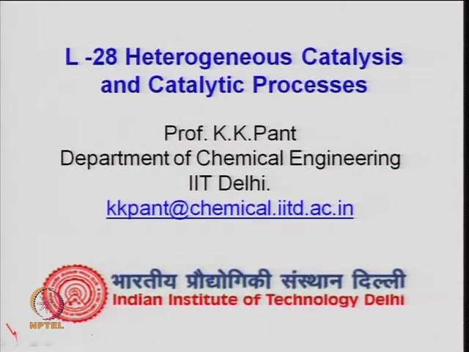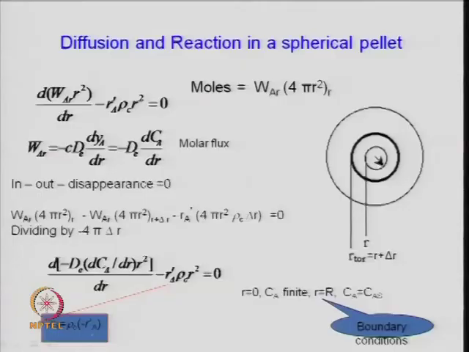So, good morning. Last time I was talking about diffusion through a spherical pellet, and we have discussed that the flux, that is moles of A in, or flux into area of cross section, which is 4 pi r square for a differential section of the cell, evaluated at r. As I said, we consider inward, which is generally the diffusion from outer to inside the cell, but we are taking the direction outward, right.